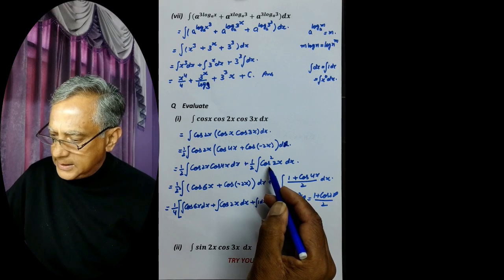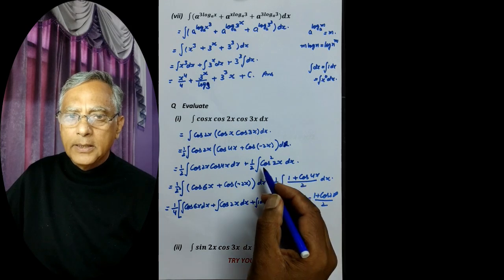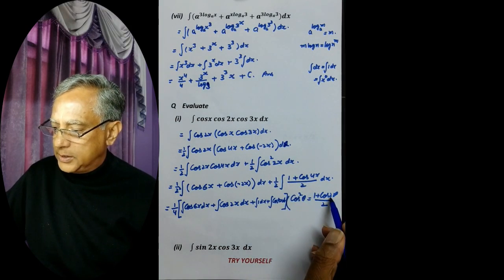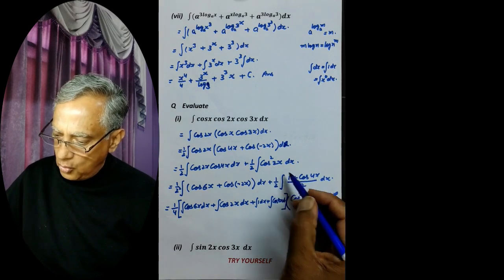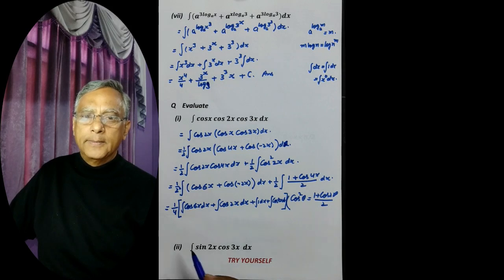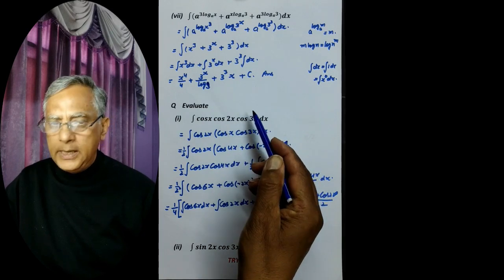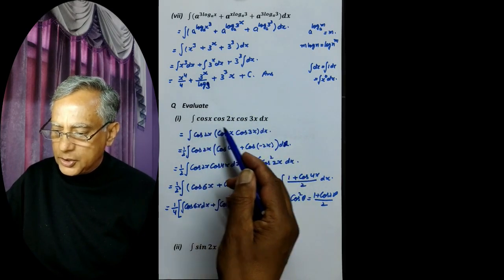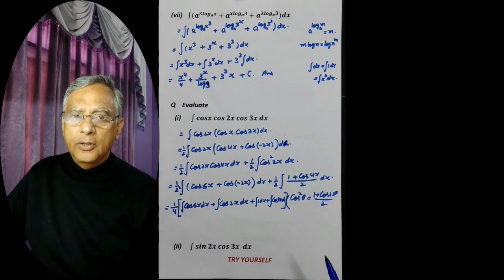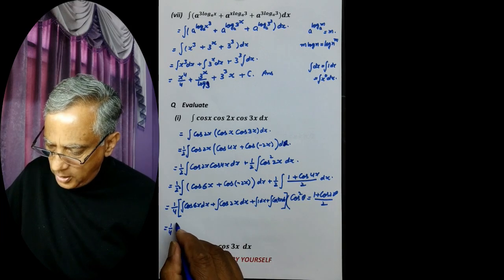Separate these two terms, again use the same formula and separate these. And in this we do not know the integration of cos square 2x. Therefore we convert it into 1 plus cos 2 theta by 2. Integration of this is known and this is known. So use this formula to convert this into this. So these are the tools we use to convert a function whose integration is not known to forms whose integration is known. And this is equal to 1 by 4 into